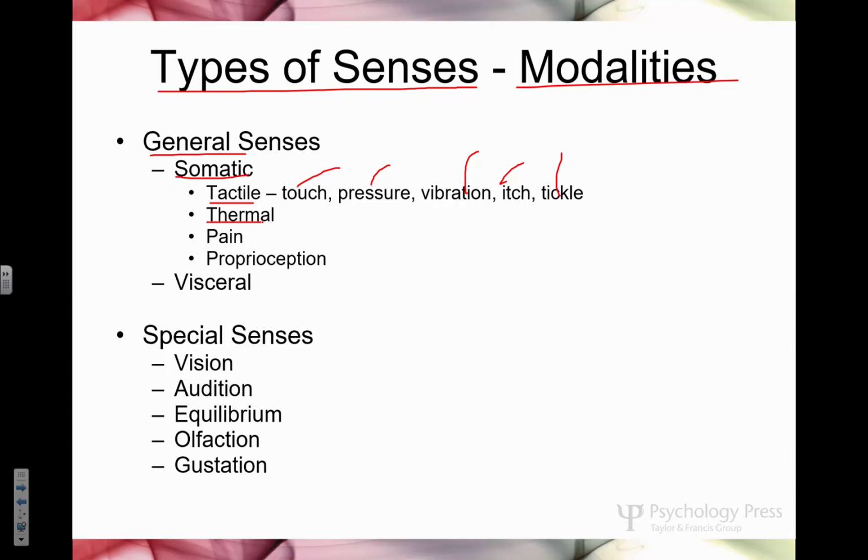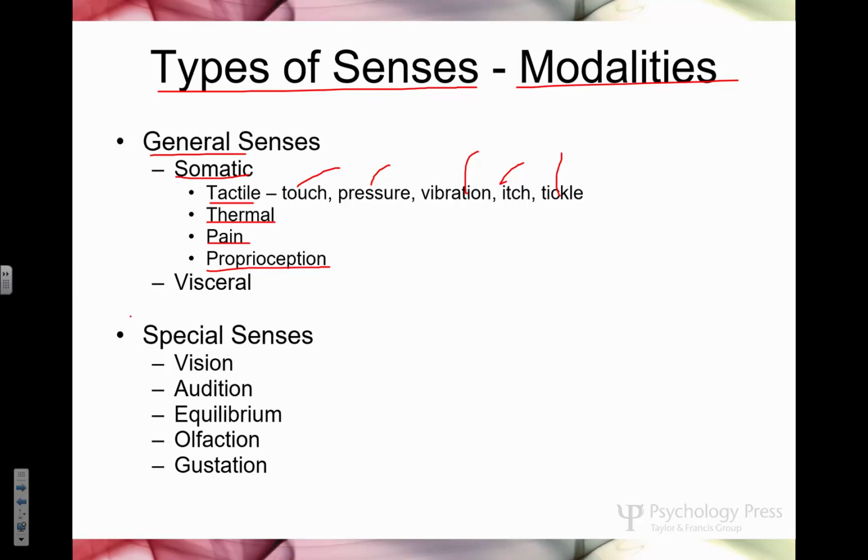We also have one for thermal, that's hot and cold, pain, and then something we call proprioception. Proprioception, and there's another, kinesthesis, if we really wanted to get into it, but basically these are the awareness of your body position and the movement of your body. So how many of you can see your feet? Well, close your eyes and your feet disappear, but you know where they are. You know where your legs and your feet are, even though you can't see them right now. You're aware of that. That's a sense people don't think about.